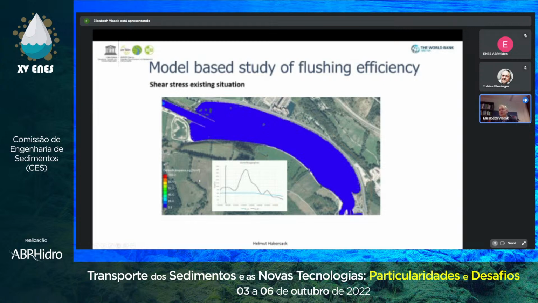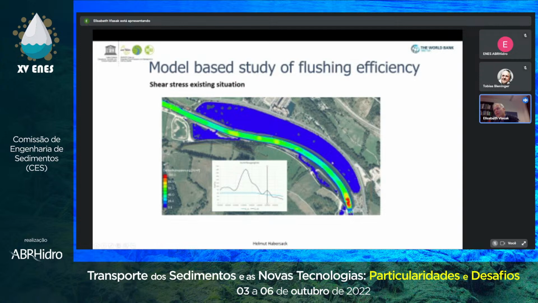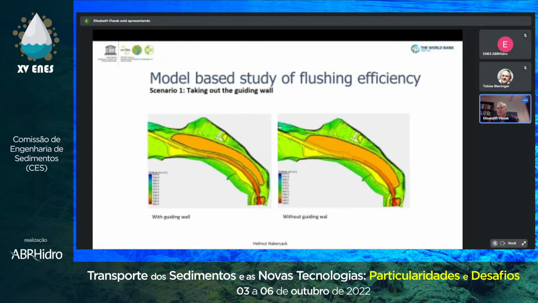If you look into the animation, you can see that the shear stress here, in newtons per square meter, is building up, and we have high shear stresses here, so the coarse material can go through. Of course, we have lower shear stresses here, so we might have sedimentation of fine material here. But if you want to get the bed load through, as you saw here, then you would need this higher transport capacity in order to get the sediment through.